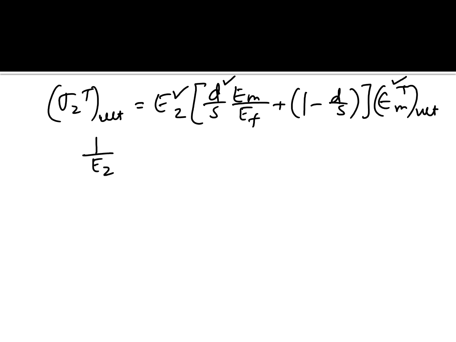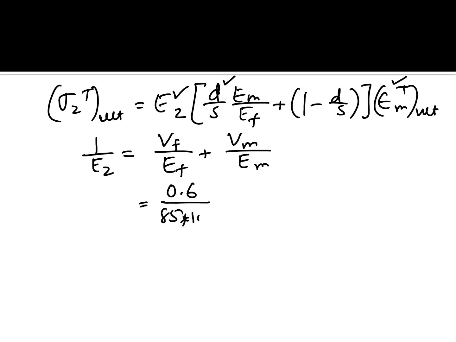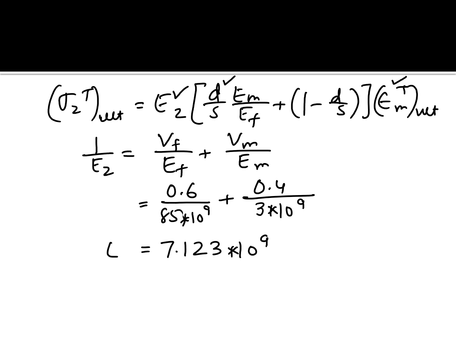So we're going to use the reciprocal formula for Young's modulus in direction 2, which is given by this formula right here. The volume fraction is 0.6. The fiber Young's modulus is 85 gigapascals. The volume fraction of the matrix will be 1 minus 0.6, which is 0.4. And the Young's modulus of the matrix is given as 3 gigapascals, and that gives us 7.123 times 10 to the power 9 as the value of E2